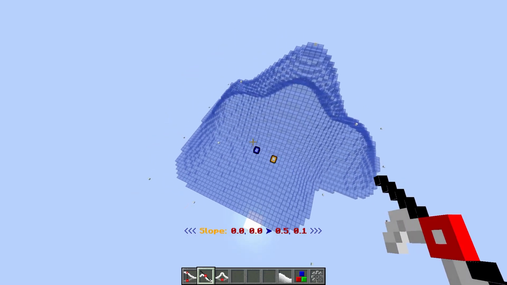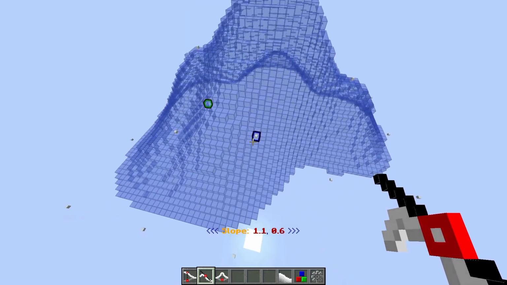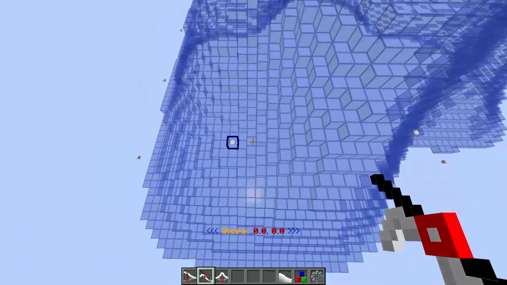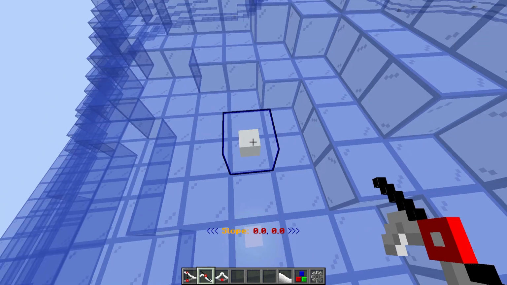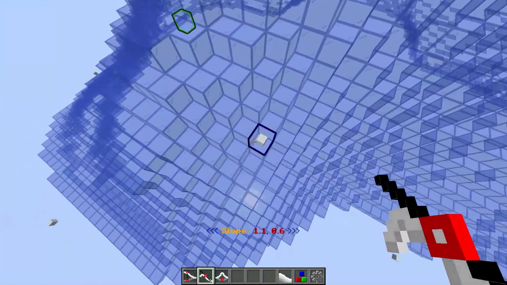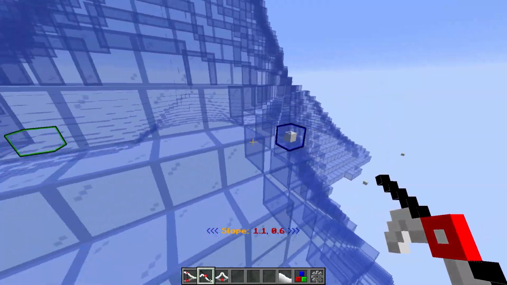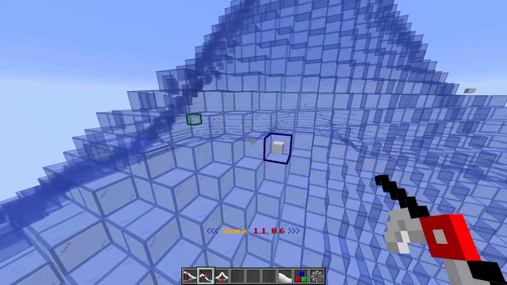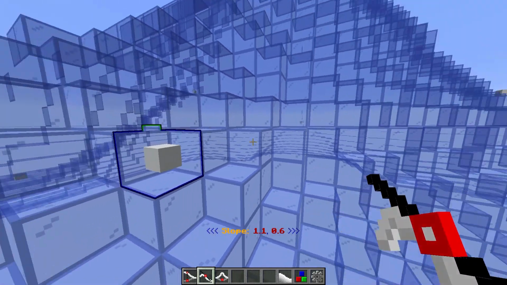Say right here, we can make the slope this way. That changes the direction of it, because if this one here is slope 0, it means that at this exact point it is perfectly flat. But at this exact point, it means that it is facing 1.1 over 1 this way, so basically 45 degrees, and this way on the z-axis,